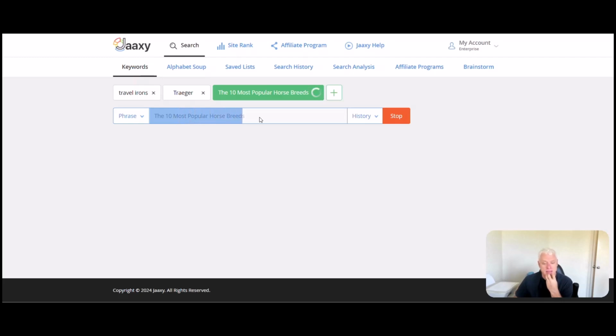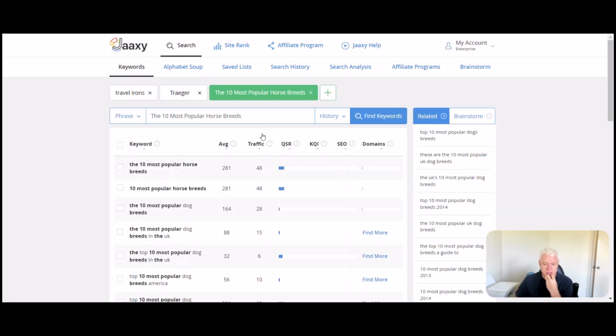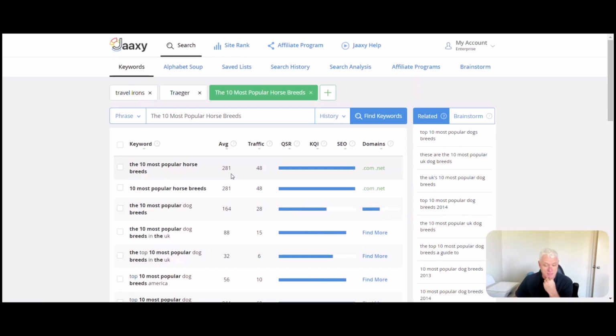Any minute now that will be finished, which is done. And we can see that the 10 most popular horse breeds gets an average of 281 searches a month. If I can manage to get my page to rank 1, I can expect 48 visitors per month to that site. There are 21 other websites that run these keywords. That is